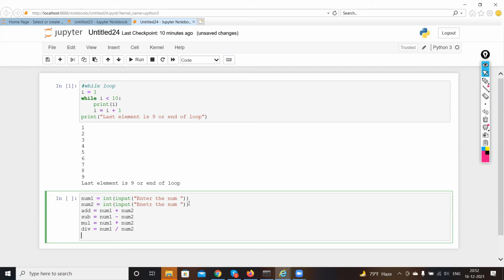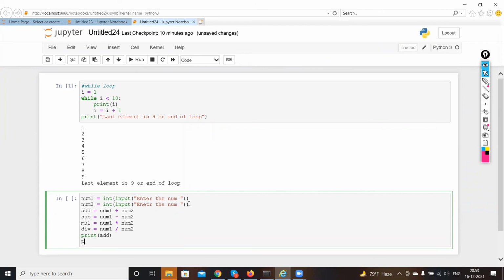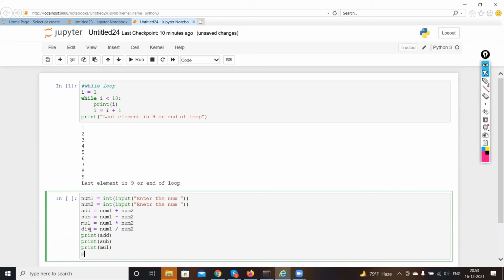Now how will I be displaying the output? I have to use the print function. I'll be using the print function over here, right? So I'll say print add. I created these variables, add, sub, and division is there. So I'll just write all the things over here, sub, then print one more thing as multiplication, and print